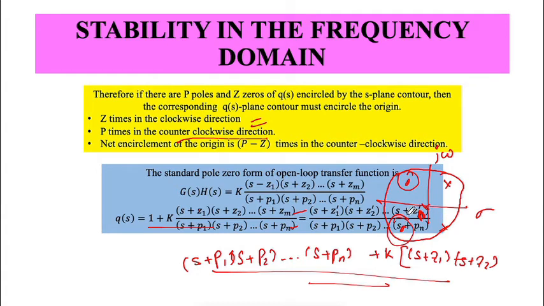The zeros of Q(s) are the roots of the characteristic equation. So this is the transfer function with a set of zeros and a set of poles, and Q(s) going to 0 would give me that all of (s plus z1)(s plus z2) and so on should go to 0. Therefore the zeros of Q(s) have nothing to do with the plant and nothing to do with G(s)H(s) now. We are just going to do this with 1 plus kG(s)H(s), only the characteristic equation, and the poles of Q(s) are the same as the system poles.